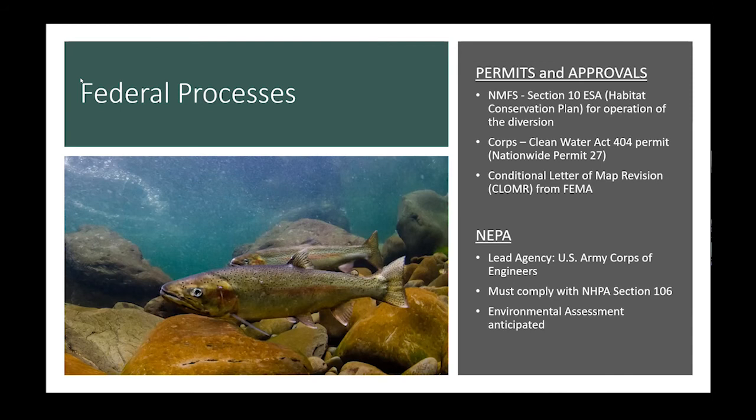And I had a related question. As the discussion has progressed so far, NIMS's basis for wanting to do section 10 and a habitat conservation plan is for the longer term operation and maintenance elements, but that still does leave the construction related impacts. And it seems odd to do section 7 for construction with the Corps as the federal lead agency seeking advice from NIMS, with their opinion from NIMS. And then for the second half of the project, NIMS doing their own section 10. Do you see any